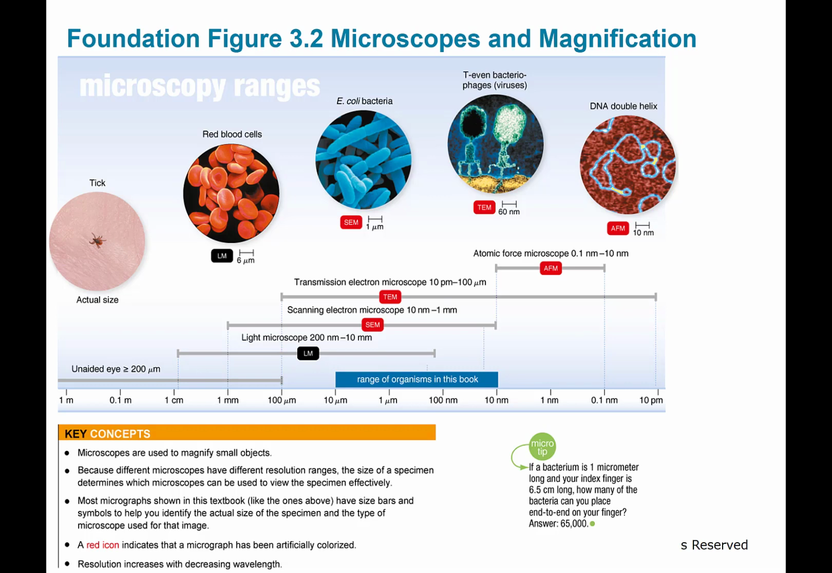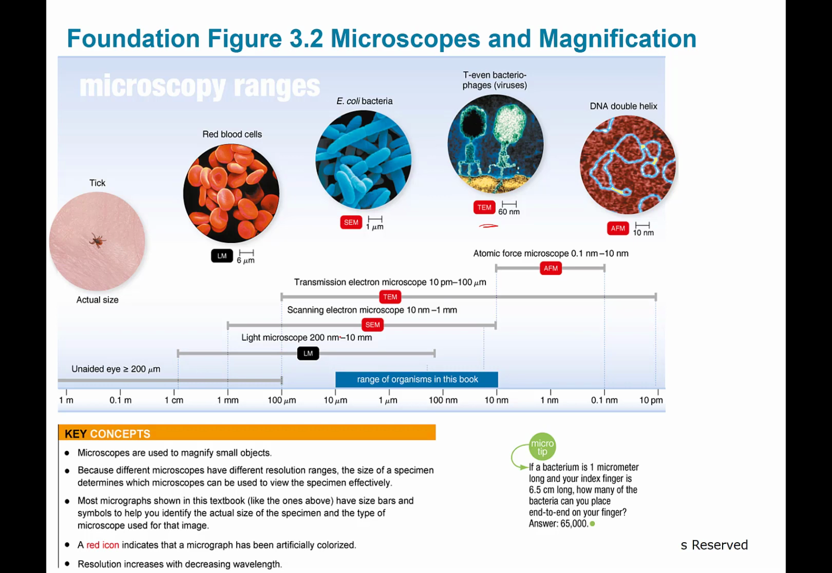A tick, for instance, you would be able to visualize with an unaided eye. You would not need a microscope. However, if you wanted to look at red blood cells, you would need a compound light microscope. Viruses are going to be in the 20 to 60 nanometer size range, or 0.02 micrometer to 0.06 micrometer size range, and you would need an electron microscope to visualize a virus, either a transmission electron microscope or